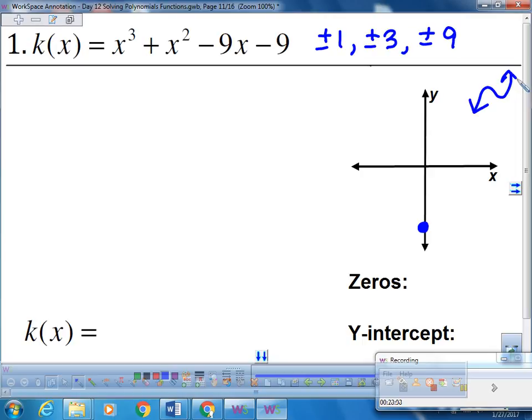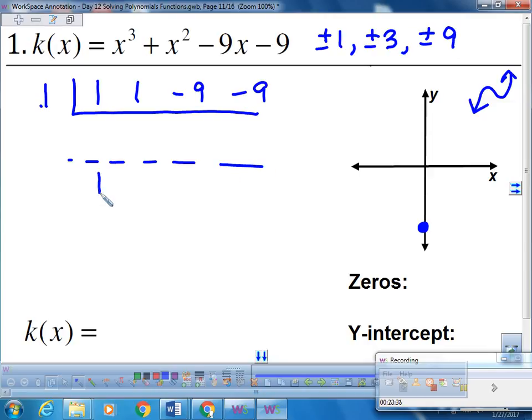So I'm going to try 1 first. So I've got a 1. Oops, that doesn't look good. And that's not normally how I do it. And I have 3, 2, 1, none, so we're good. So I have a coefficient of 1, coefficient of 1, -9. I'm going to bring down the 1. 1 times 1 is 1, 2, 1 times 2 is 2, -7. Is this going to work out for me? I'm not going to get a 0, right? So I immediately erase it,